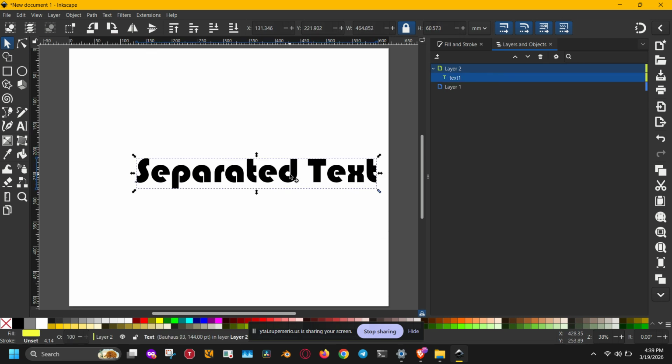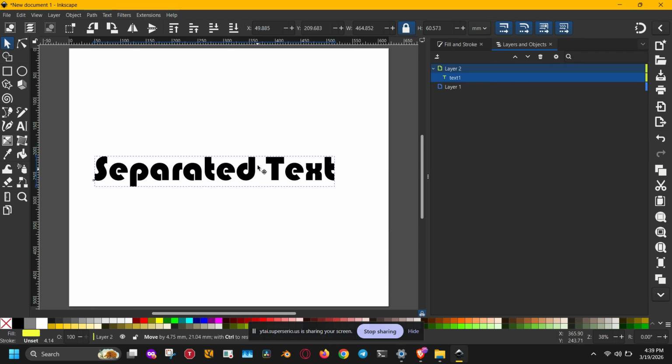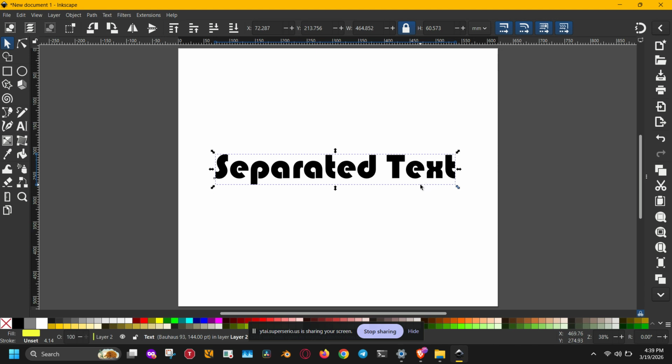This is a super useful technique for logo design, lettering, custom graphics, and any project where you want full control